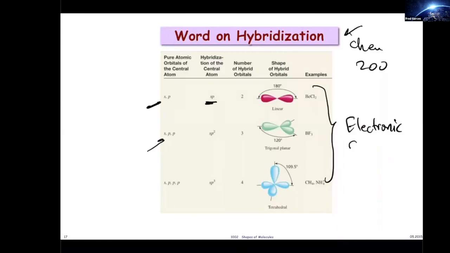And then depending on how many of those regions of electron density are replaced by a bonded atom, you get the molecular geometry. Here, when you mix the s and 3 p orbitals, you have an sp3 hybridization. In Chem 200,